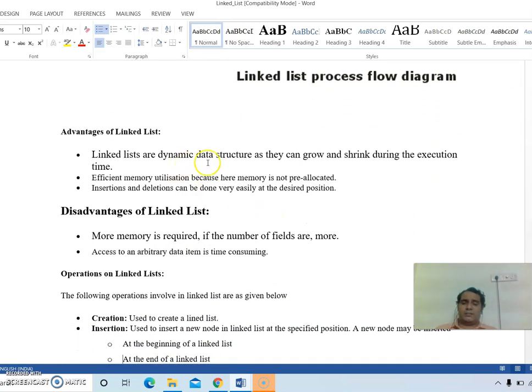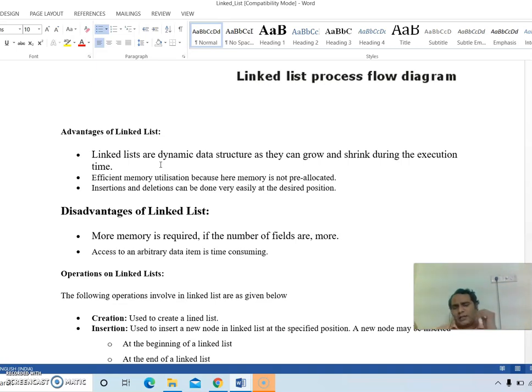Linked lists are a dynamic data structure, as they can grow and shrink during execution time. Arrays are static memory locations where the size is fixed, but in dynamic memory allocation I can have a shrinking or expanding, growing size.